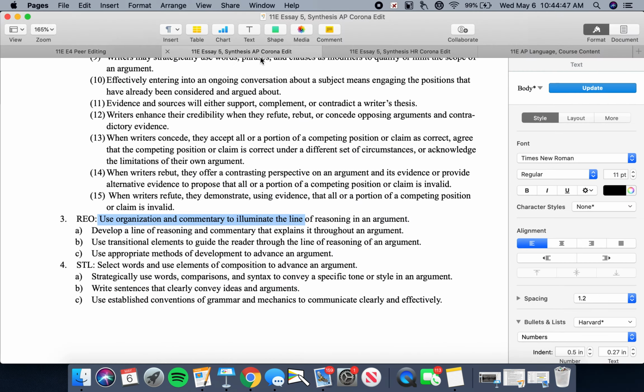The second thing we looked at, all right, is the central claim. All right, so we discussed this at length yesterday. I'm not going to go back to it, but essentially, all right, the Florida State standards or the AP standards basically require you to write a thesis statement that requires proof or defense.